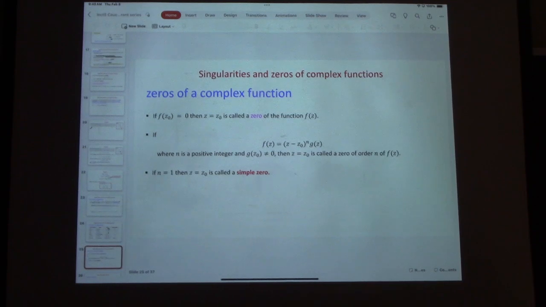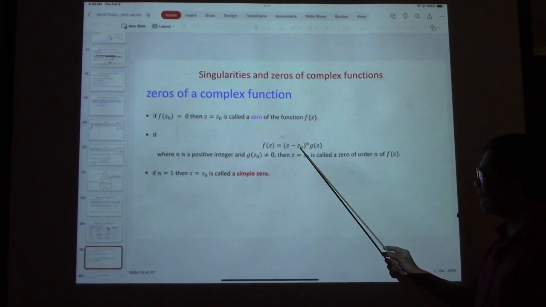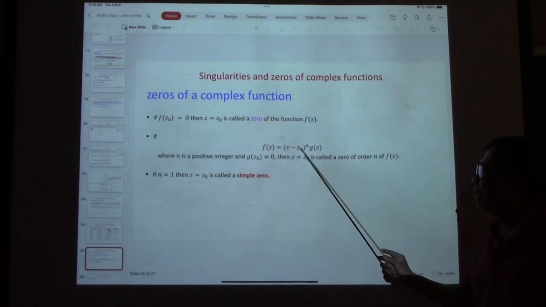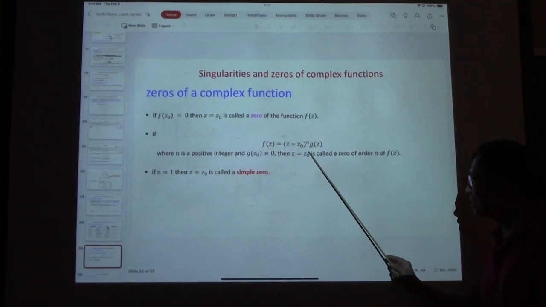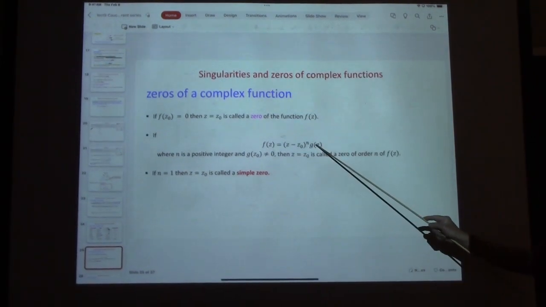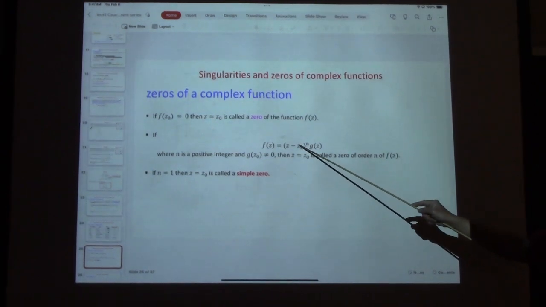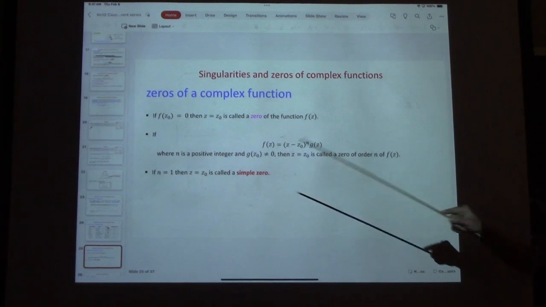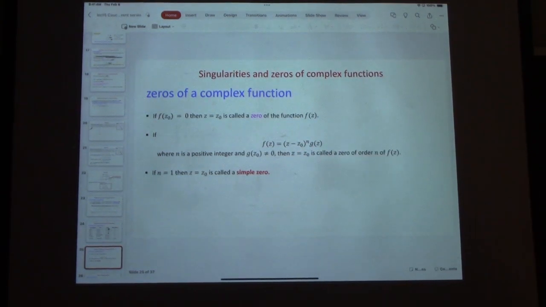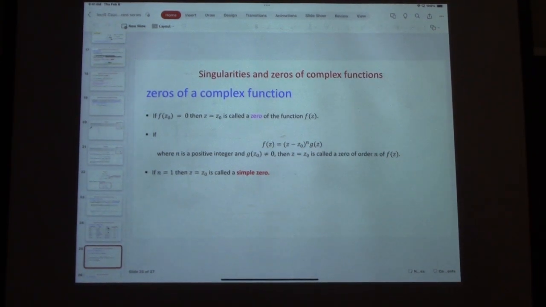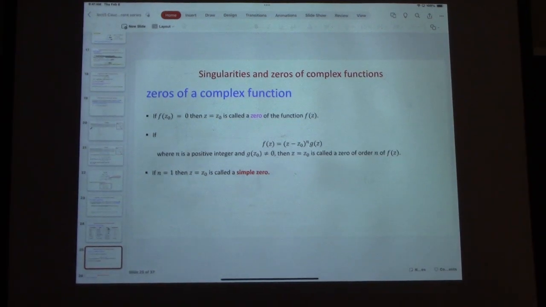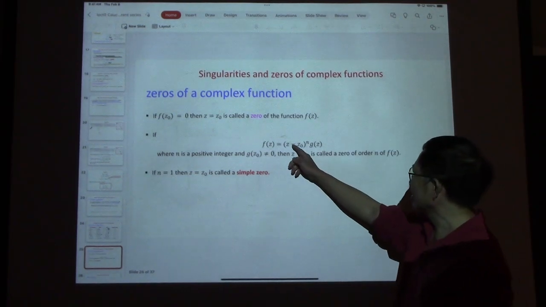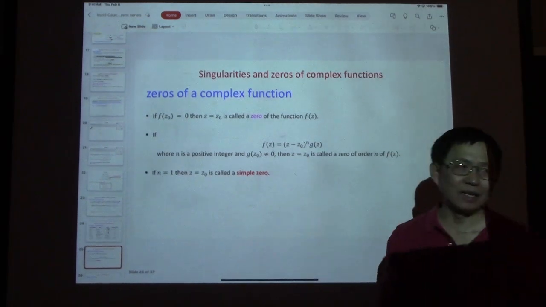If near that point, the behavior of the function is like that, which is a non-zero function times a 0 factor to order n, then we call that a 0 of order n. The definition is similar to the pole definition. If we call it a pole of order n, it's not this times that, it's this divided by that. So just the flip